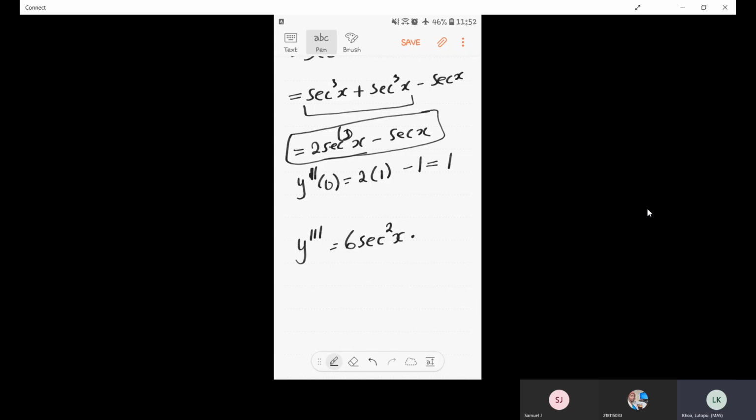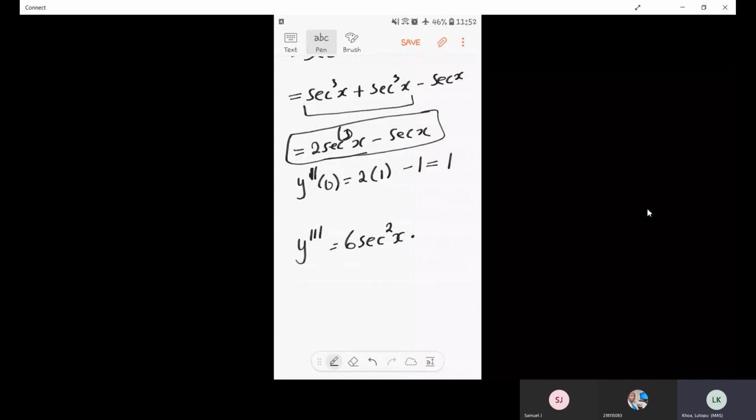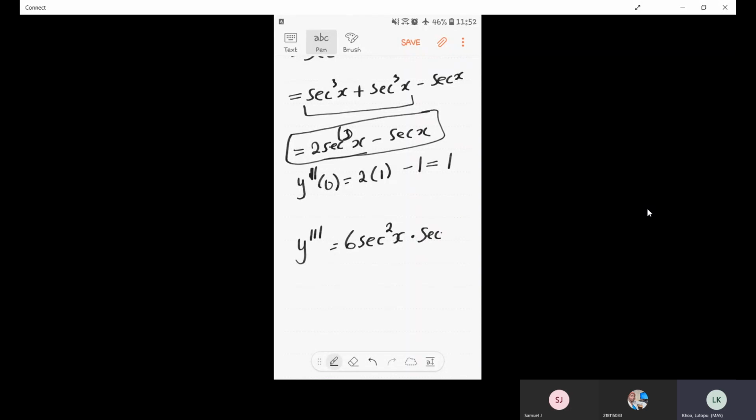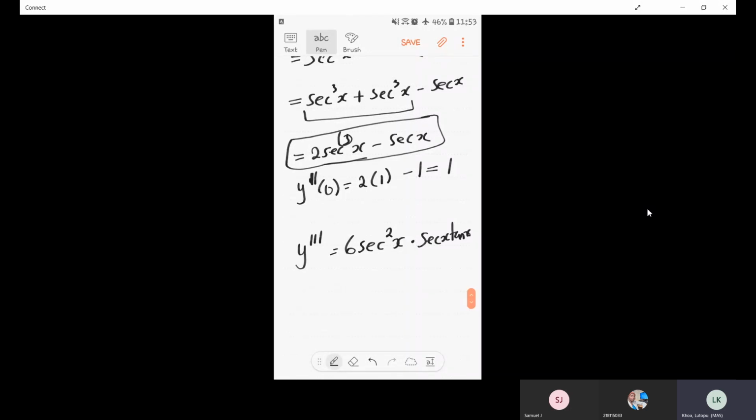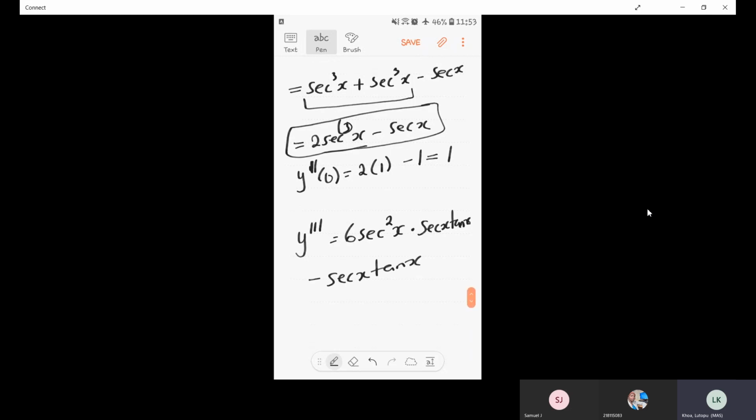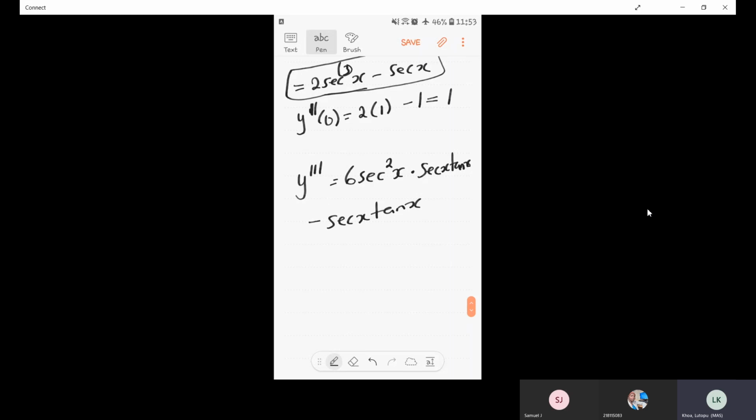The derivative of sec x, this is sec x tan x. Okay, that's an x over there. Right, then the second one, this is minus the derivative of sec x, which is just sec x tan x. Okay, so we simplify what we have here. I have sec x times sec x. This is 6 sec cubed of x tan x, and then minus sec x